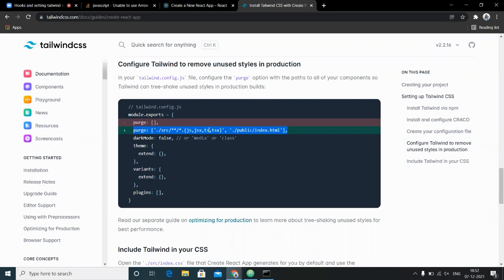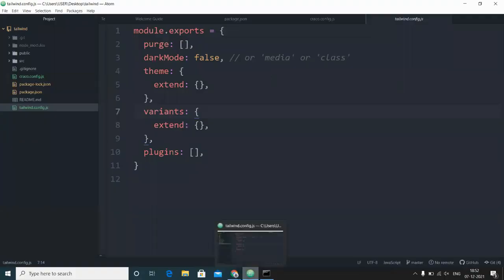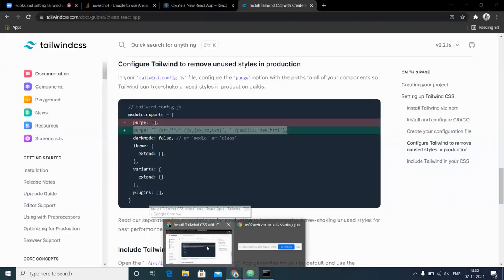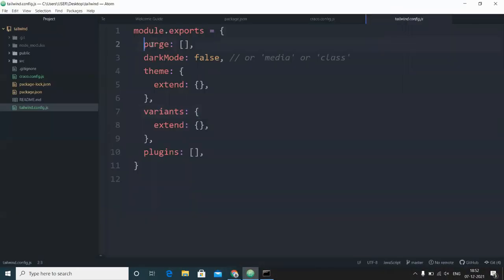This is basically useful for Tailwind CSS because it automatically checks what classes you are using right now and what classes you are not using but are still present in your entire file, and it gives you some hints or links to remove those statements. That's the reason why we'll be using it, but we won't be getting any hints right now because we won't have any unnecessary classes. But instead of the purge, you have to paste this